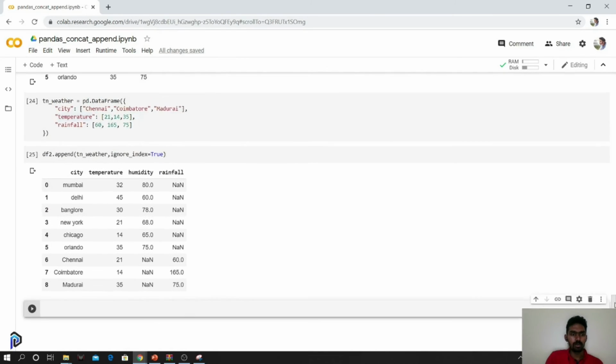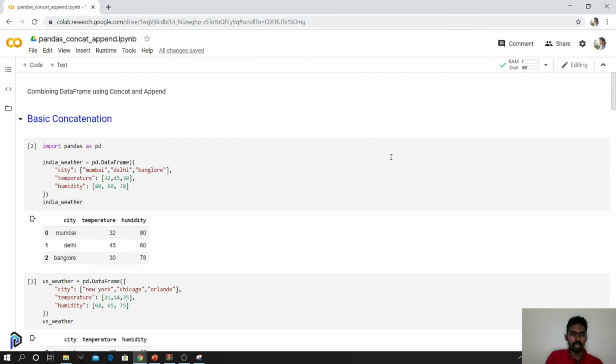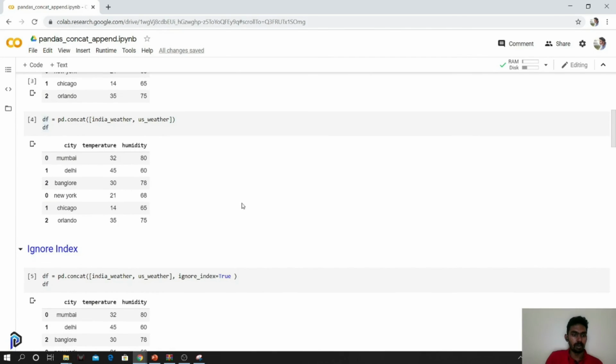I hope you are clear with concat and append. I'll just give you a small recap in my own words. We use concat to concatenate along rows or columns. When you are doing it along rows, you can ignore the index so that they come in a particular order.